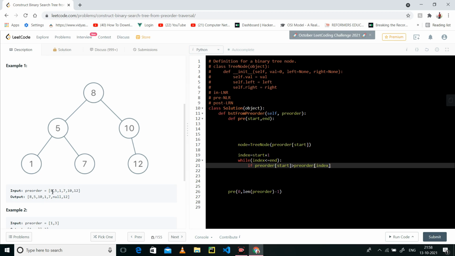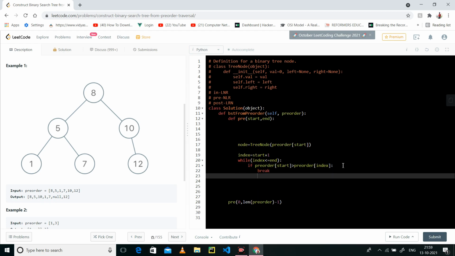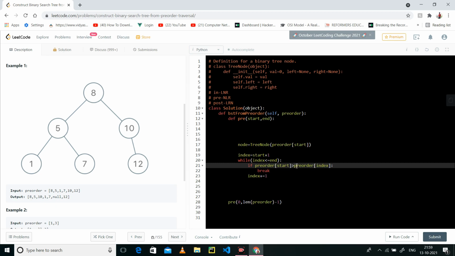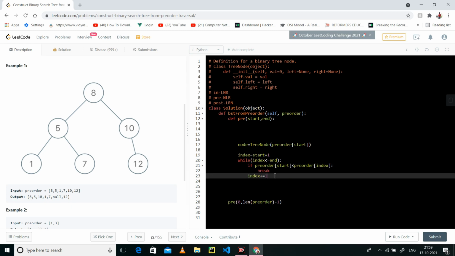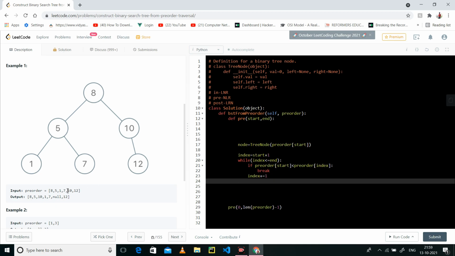So 8 is less than 5, no. 8 is less than 1, no. 8 is less than 7, no. 8 is less than 10, yes, we will break. If this is the case, we have to break, otherwise I have to go on. So we have found our right side value.